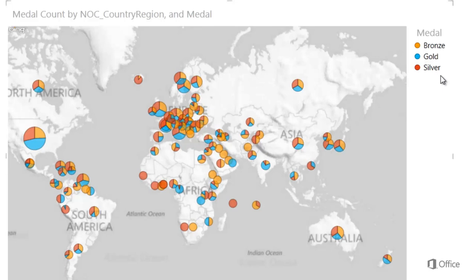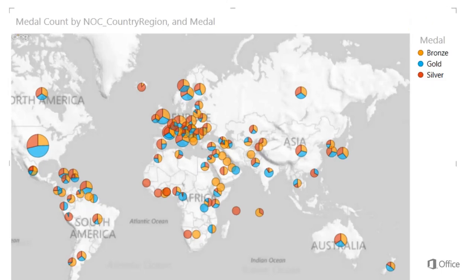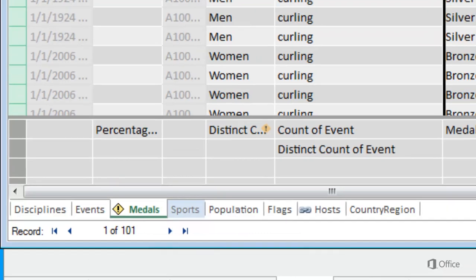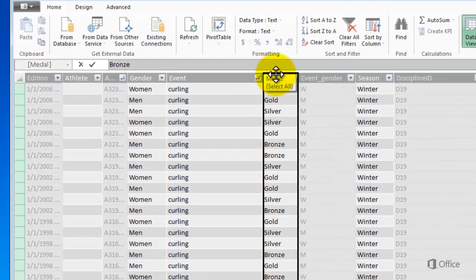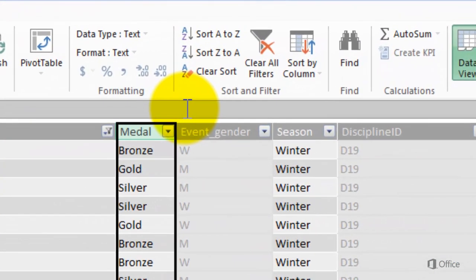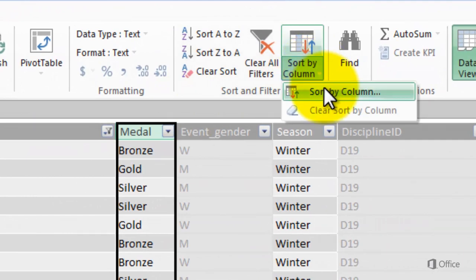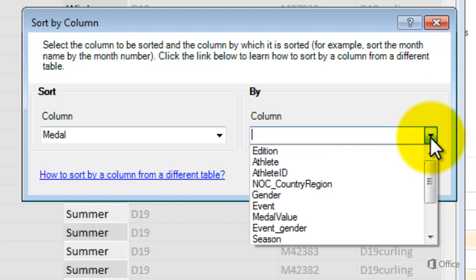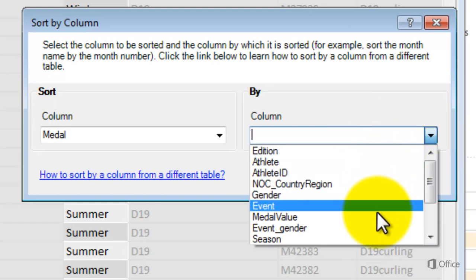However, I can change the legend order from alphabetical to gold first, silver second, then bronze. I'll do this in PowerPivot. In the metal table, I select the metal column, and from the Sort and Filter gallery, select Sort by Column. In the dialog that opens, the metal column is already selected as the Sort column, and I add metal value